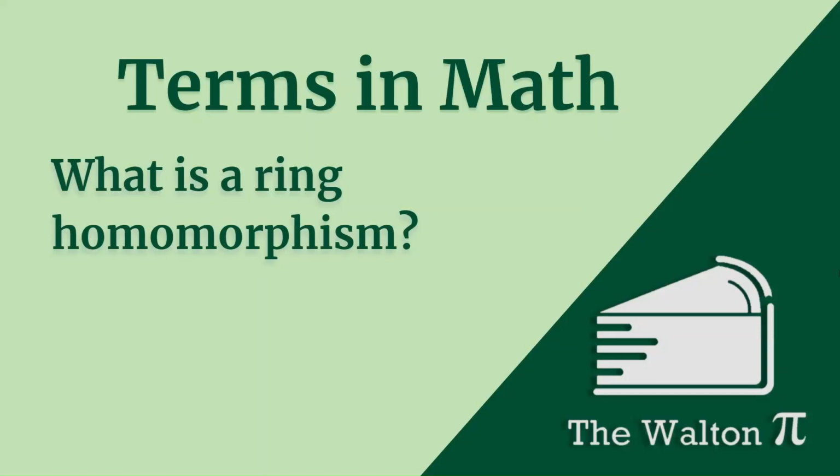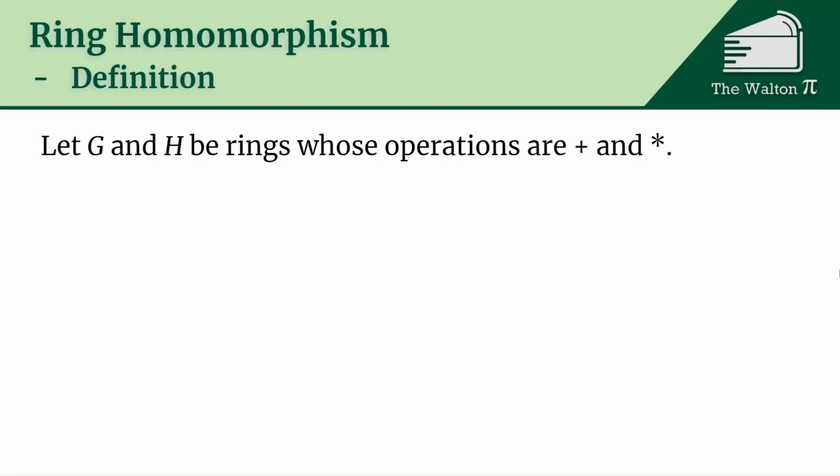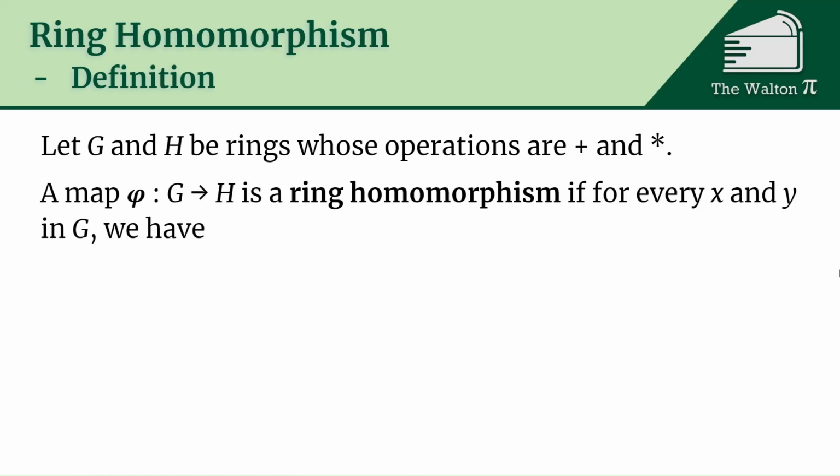Today we're going to be talking about what it means for something to be a ring homomorphism. So to start off, let's let G and H be rings whose operations are addition and multiplication. And we're going to say that a map phi from G to H, remember this is a map between rings,